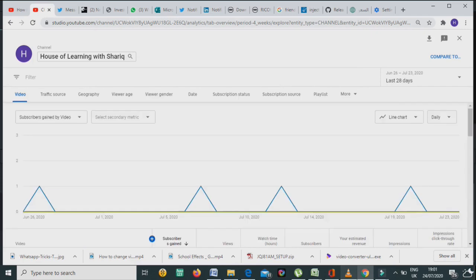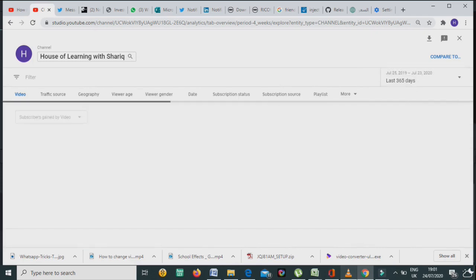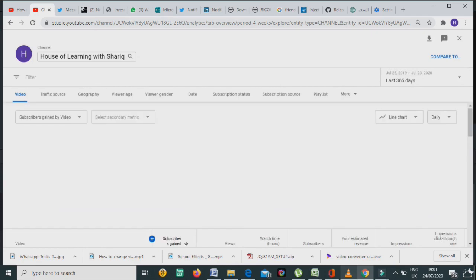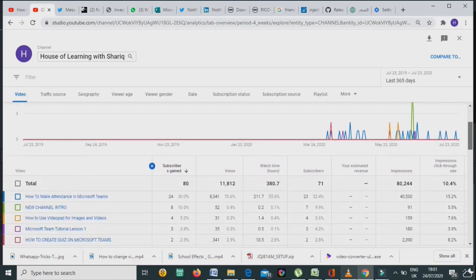So first we check the gain, how many subscribers came to your channel. So I click on it, you will go down a little bit. This is the chart here. If this is not clear, you go down. So here you can see how many subscribers came, and also in which videos, because of which video the subscribers came.